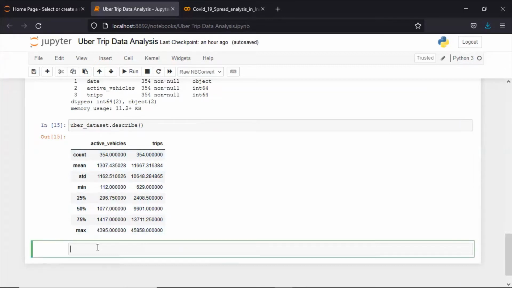Now if you want to check whether we have any null value, we don't have any null value, but still if you want to check, how can we check it? For that you need to run the is null function.